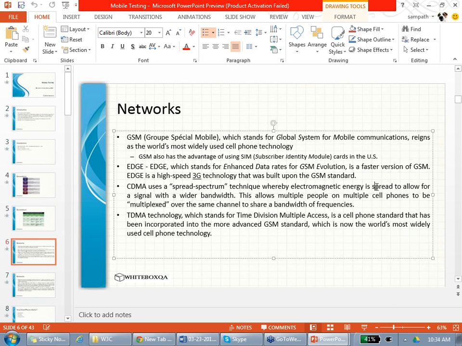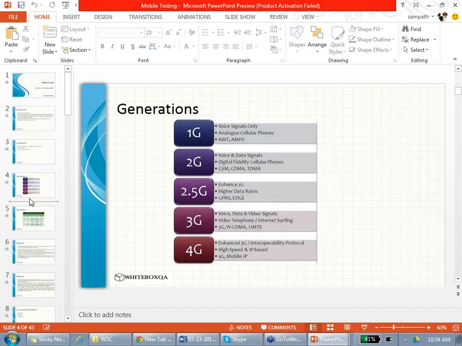GSM was first created in Sweden and it became most popular because it's a subscriber model. You put a SIM, you connect to it, you remove the SIM, you are done with it. You can have dual SIM, you can have 4 SIMs. Yes, I saw recently an iPhone 5 with 2 SIMs in India. So it's all GSM. That is the beauty of GSM, the subscriber model.